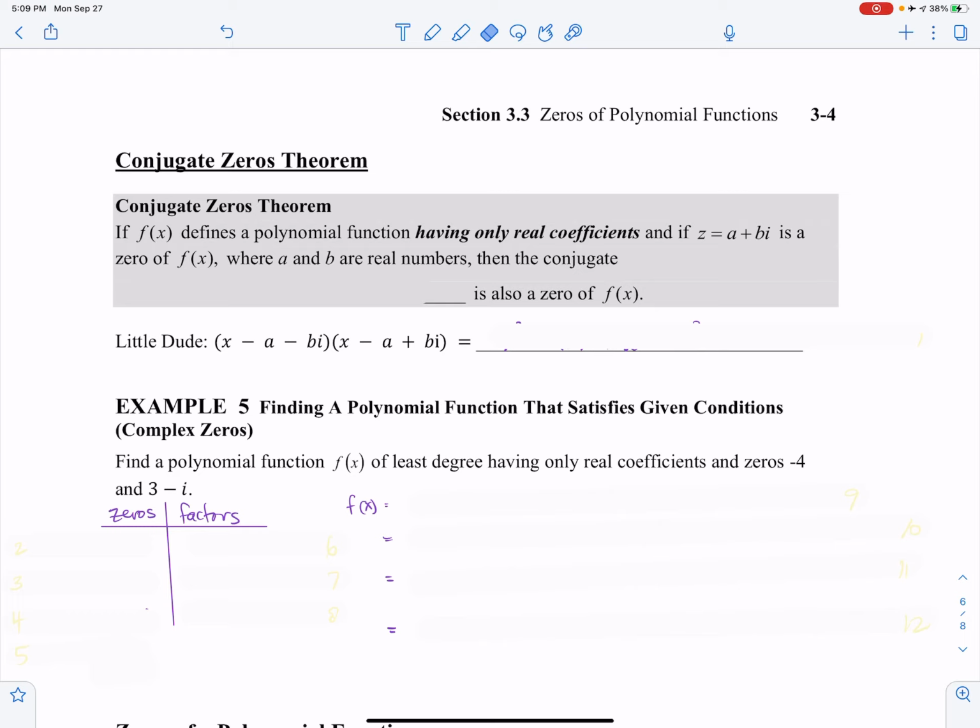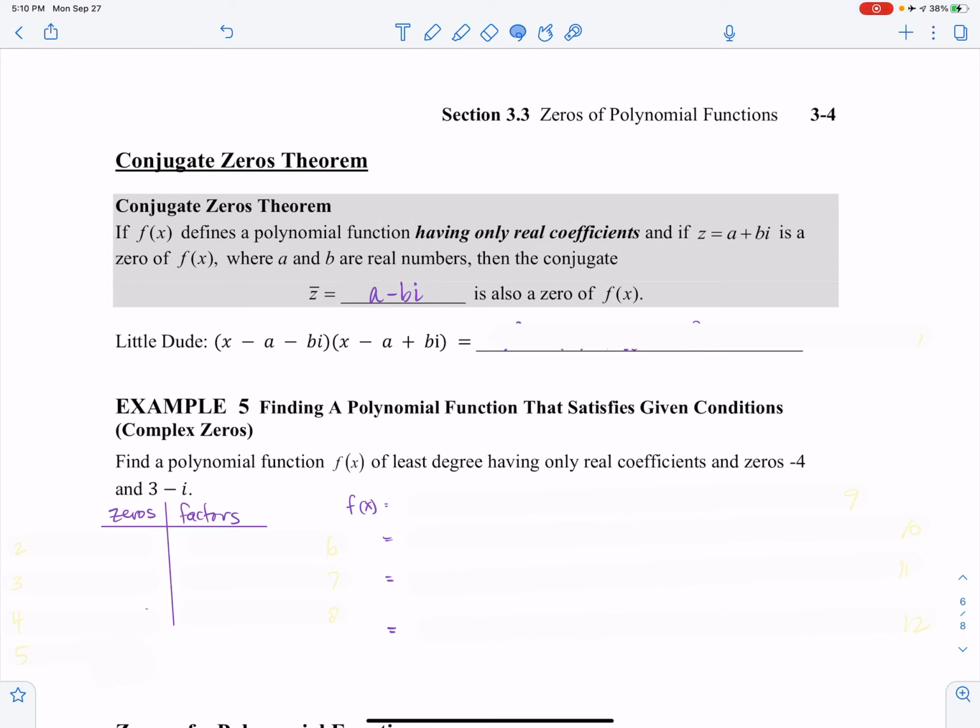theorem. So the big deal about this particular theorem is if a plus bi is a 0, then you automatically know that a minus bi, the conjugate, is also a 0. So that's a really big deal. If you're told a plus bi is a 0, then you automatically know the conjugate is also a 0. Little dude, this is not something that's in your textbook, but it is so helpful if you choose to memorize